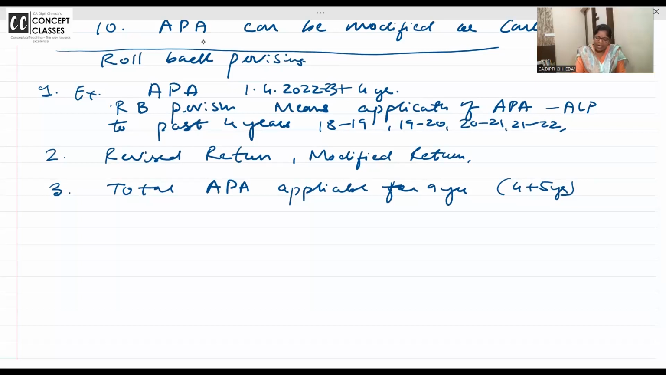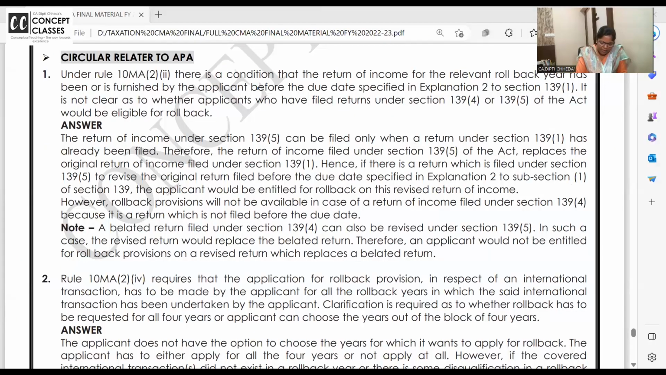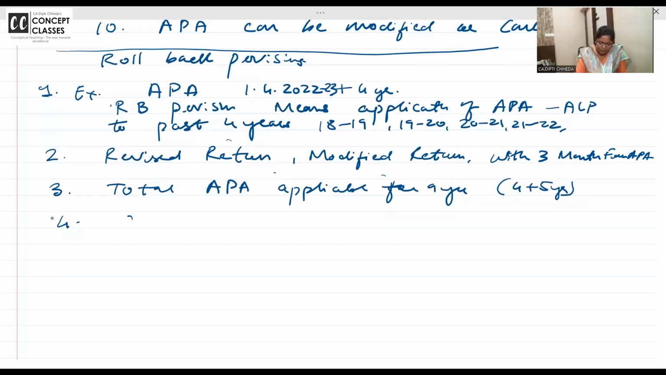Rollback provision means application of advance pricing agreement to the past 4 years. Revised return you have to file, you call it a modified return, within 3 months. यहाँ add करो, within 3 months from APA. So total advance pricing agreement is applicable for how many years? 9 years. Only rollback